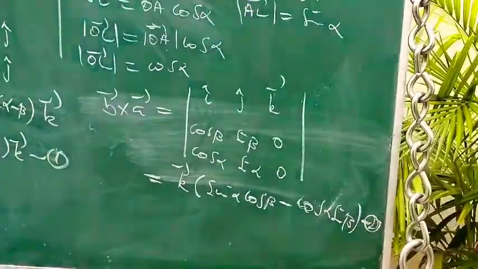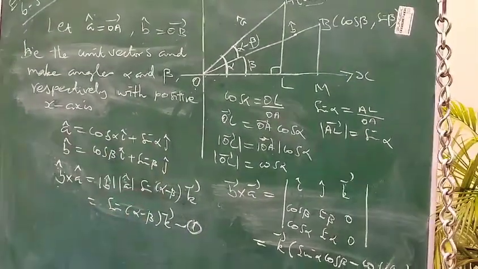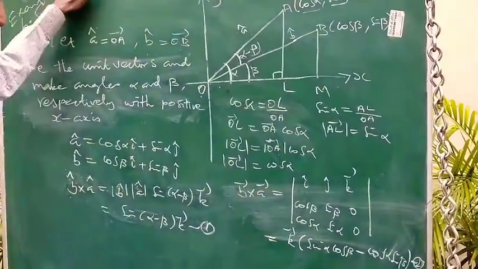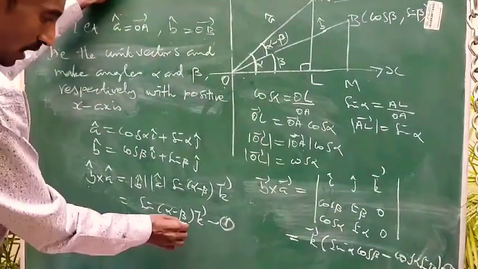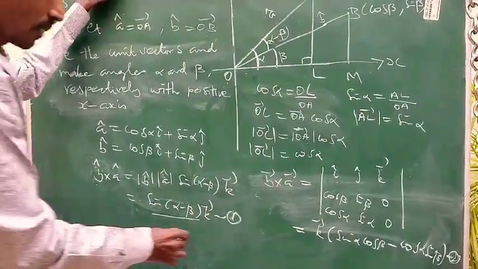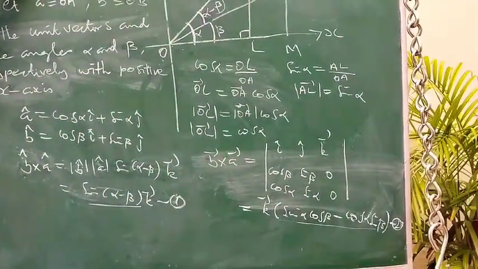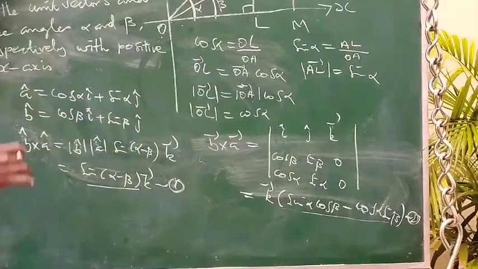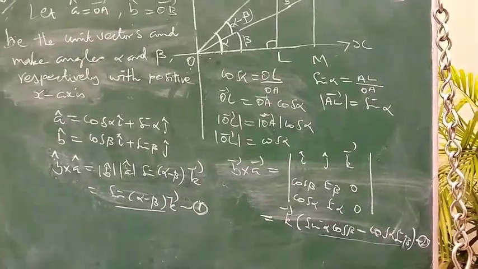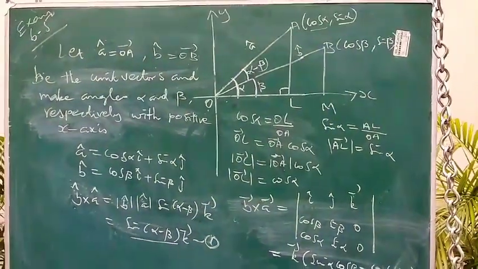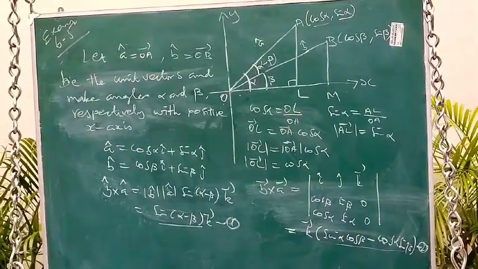Take it as 2. From 1 and 2, two vectors are equal, then their magnitudes are equal. Don't cross the k vector, it is meaningless. Two vectors are equal, then their magnitudes are equal. Here the magnitude is sin(alpha minus beta). Here the magnitude is sin alpha cos beta minus cos alpha sin beta. So they are equal. So we are getting sin(alpha minus beta) equals sin alpha cos beta minus cos alpha sin beta. So we can solve both the sums using the same diagram: cos(alpha minus beta), sin(alpha minus beta).